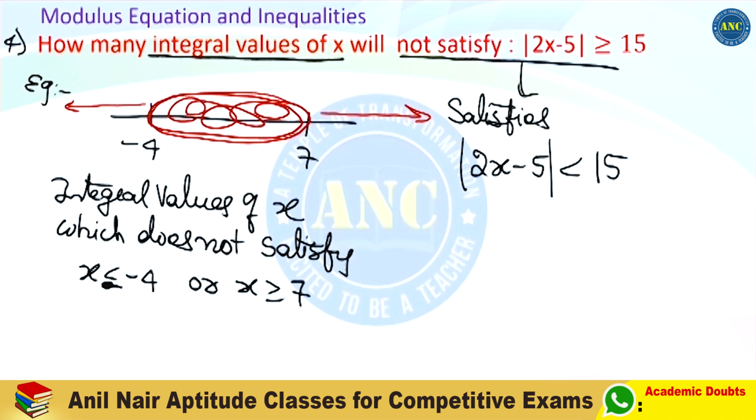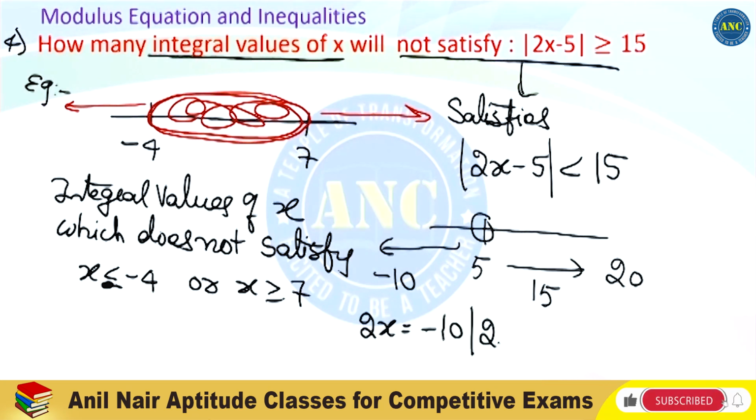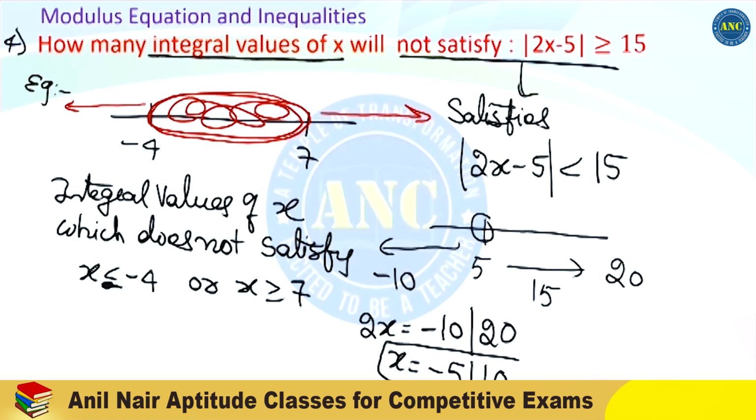You can also look at this question from this point of view. Critical point is nothing but 5. 15 units forward, it is nothing but 20. 15 units backward, it is nothing but minus 10. At these points, 2x is nothing but minus 10 or 20. So x is nothing but minus 5 or 10, which does not satisfy greater than or equivalent to, should satisfy the